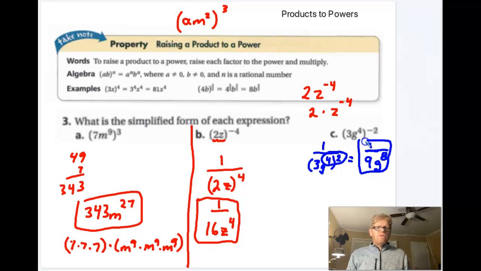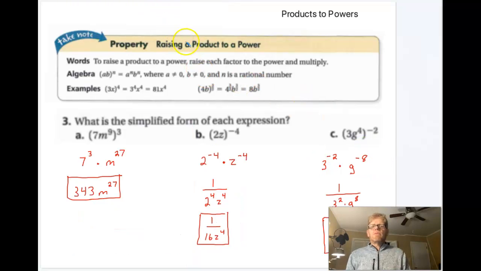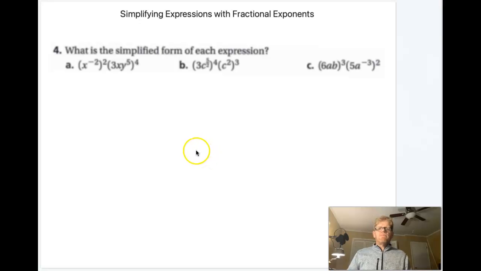So let's move on to the most complicated problems that we have. And those would be right here. What is the simplified form of each of these expressions? So we're going to simplify each one in order and see what it gives us. So let's take this one. We've got x to the negative second raised to the second power. That's going to leave us with x to the negative 2 times 2, which is negative 4, times